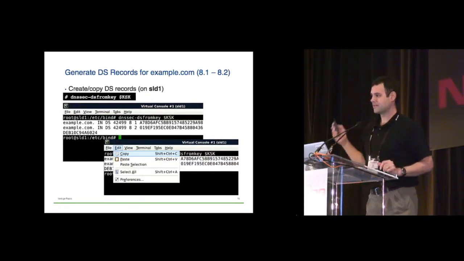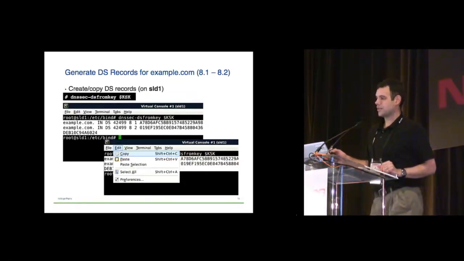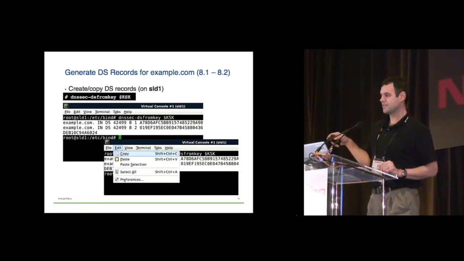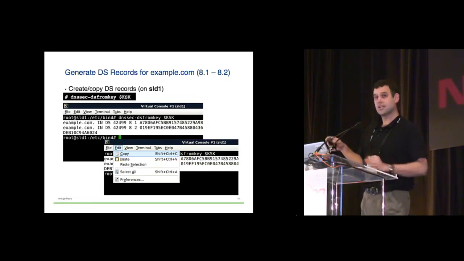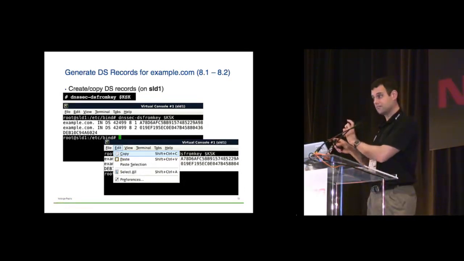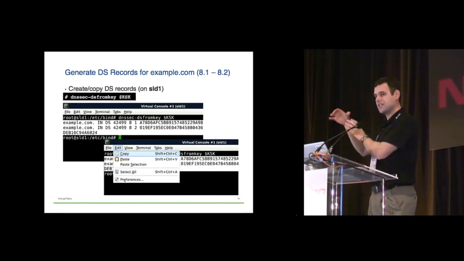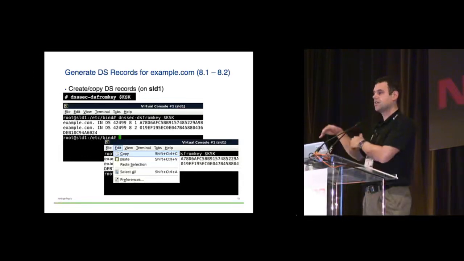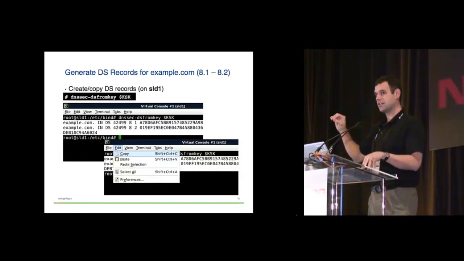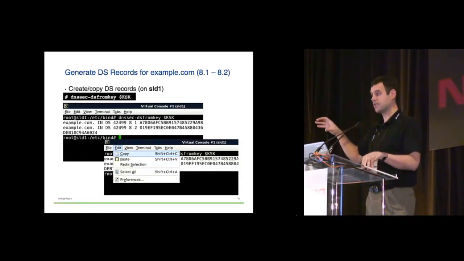So we're going back to SLD1, exercises 8.1 and 8.2. We're going to do a little copy paste from your terminal. We're using that command dnssec ds from key with the $KSK. Okay, and that's going to give you the output. Remember I talked about the DS record being a hash of your DNS key. Well, that's what we're doing, generating the record associated with that hash,